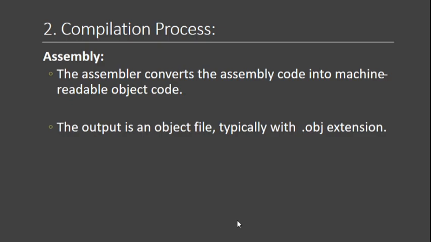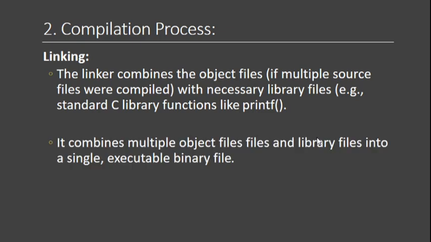The third phase is the assembler, which converts assembly code into machine readable code. The assembler output has the .obj extension. So after the compilation stage, the code is converted from high level language into a .obj file. The last stage of the compilation process is linking. The linker combines the object files with the necessary library files. We have already seen that the various object source code and library functions are linked together, forming a single executable binary file,